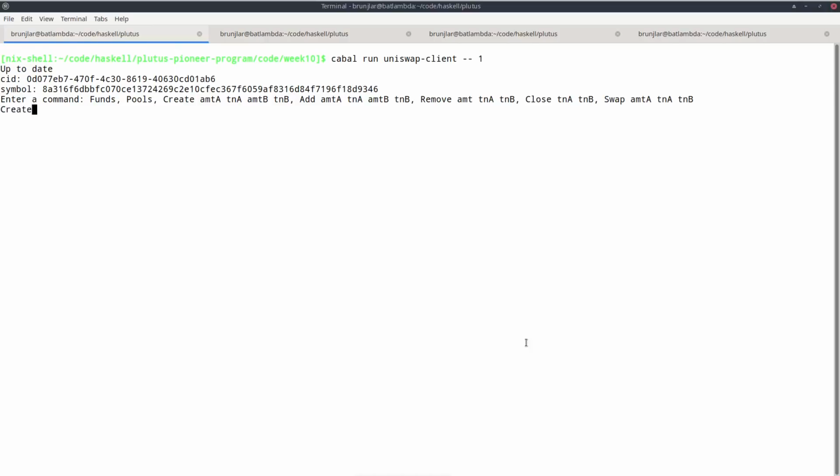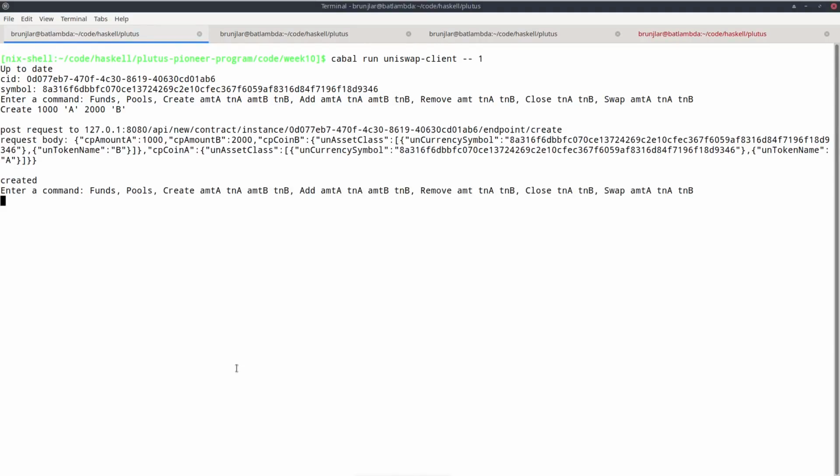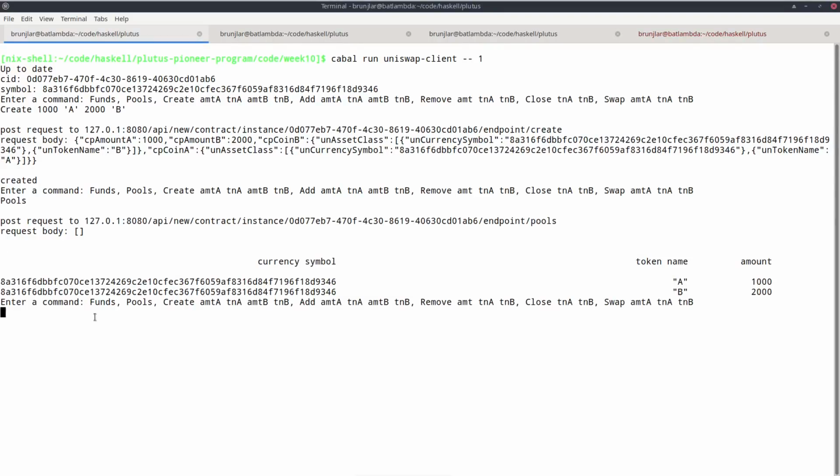So to do this here, you can type create 1,000 A. Remember that was of type character, so I have to use single quotes, and 2,000 B. And I get the created status back. So it seems to have worked. I can query for pools again. And indeed there is one now. So I see it has A and B, and with the correct amounts, 1,000 and 2,000.